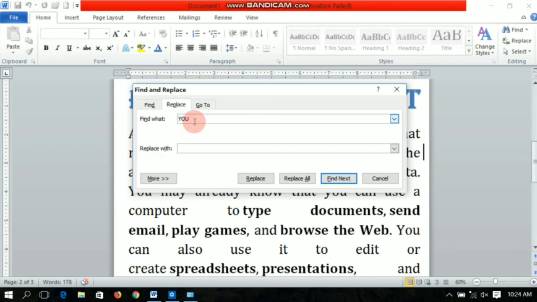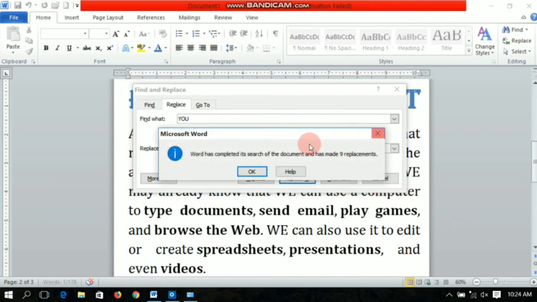So I will write in find what, you, and replace with, we. If you want to replace one word, just replace it, and if you want to replace in the whole document, you will click on the option replace all.